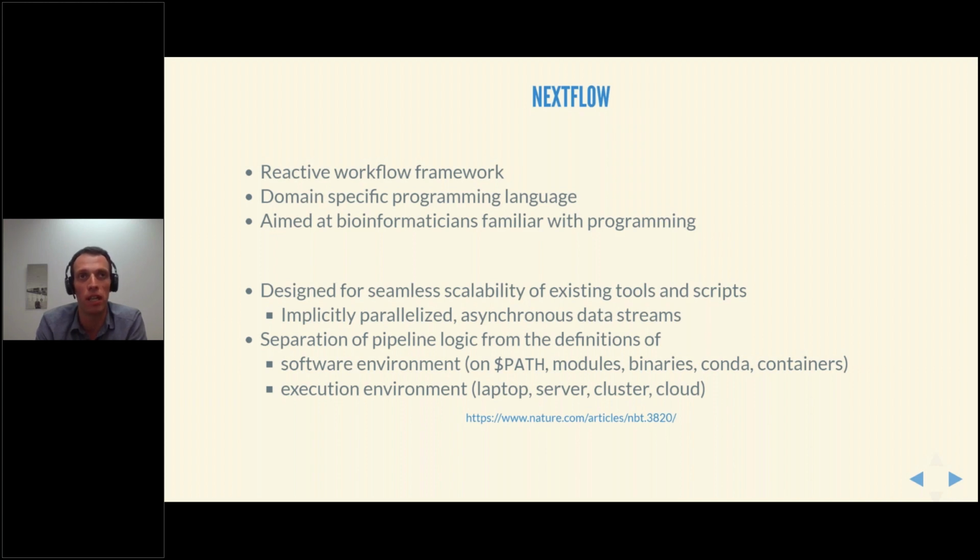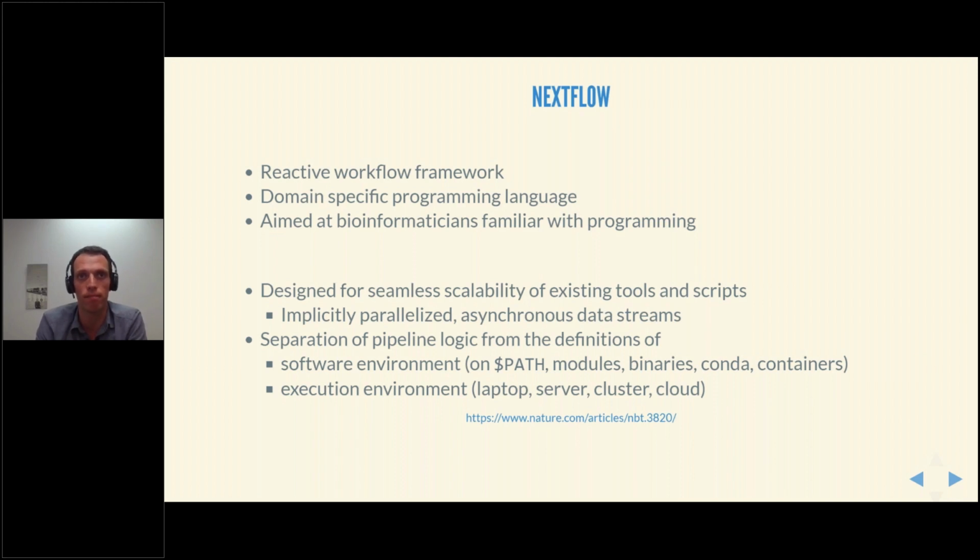The parallelization is implicit. If your data breaks down nicely into separate chunks, perhaps there are different samples that you must process, then this should happen sort of for free if you design the pipeline correctly.